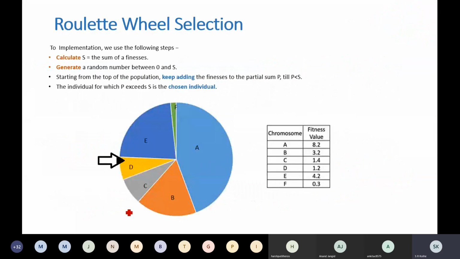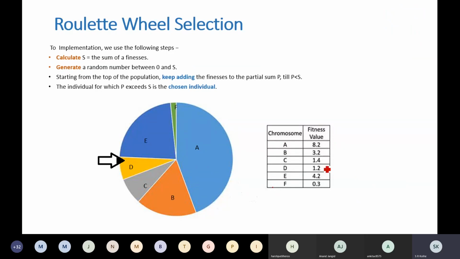Now consider this example. We'll stop after this. This is a roulette wheel. How many solutions are there? Chromosomes 1, 2, 3, 4, 5 and 6.